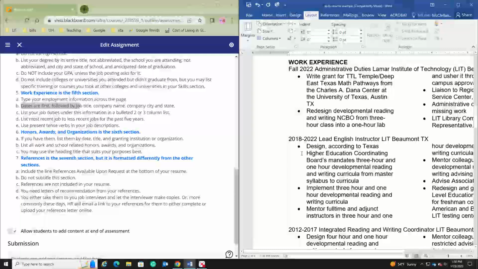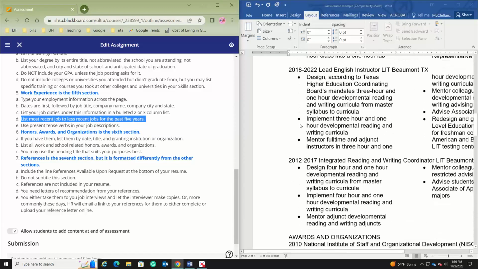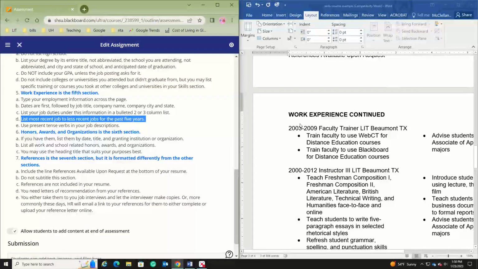Does that make sense to everybody? So you typically want to go back about 5 years. List most recent job to less recent job. So start with the job you have now or the job you had most recently, and then go chronologically back. Do about 5 years. But if you have other jobs, other work experience that was important that you need, and